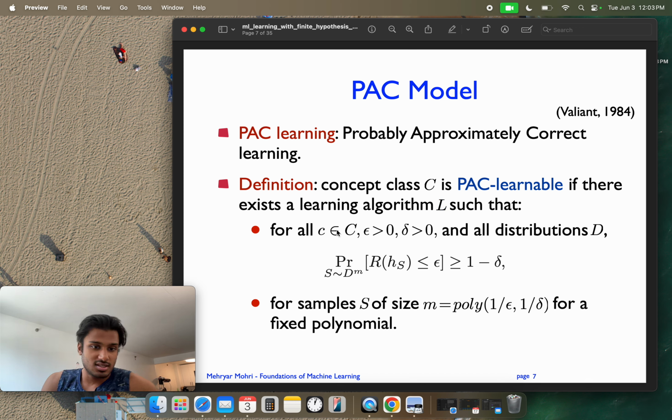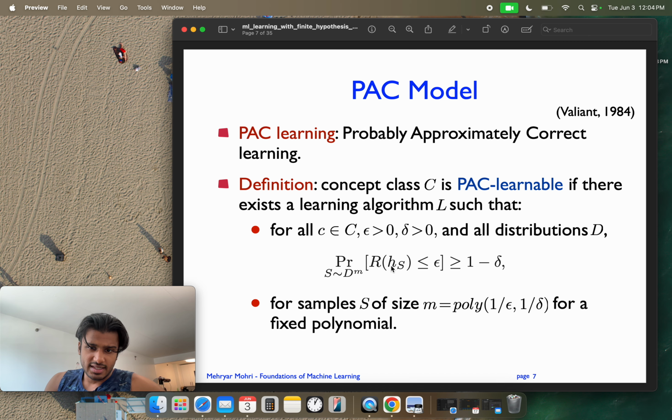okay, a concept class C, capital C. So a concept class is a set where there are all possible concepts that you could ever want to learn. This concept class C is PAC learnable if there exists a learning algorithm L such that for all, now here's something, I fix a concept class C, and for all small c concepts in that concept class C, and a small number epsilon and a small number delta, and all distributions D over the sample,